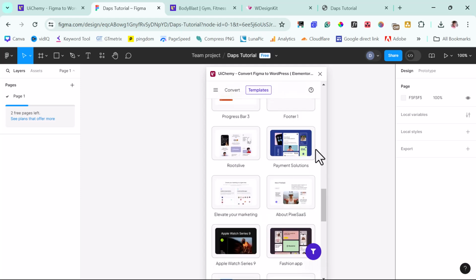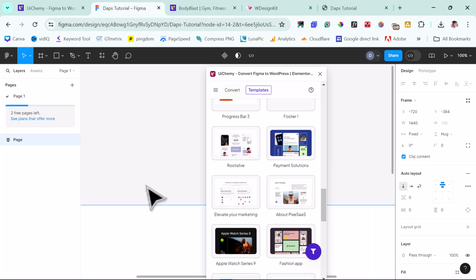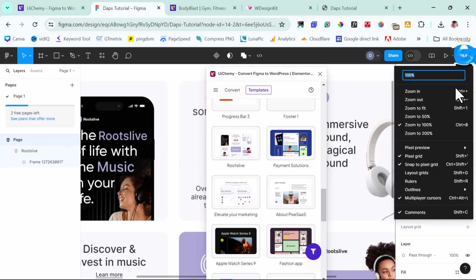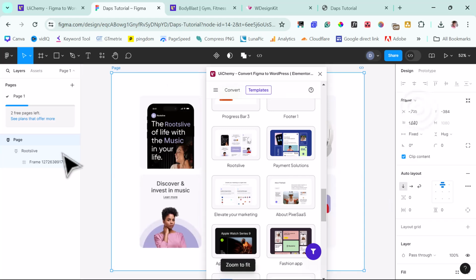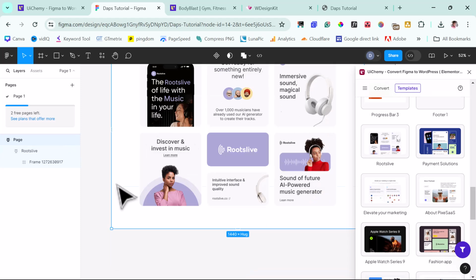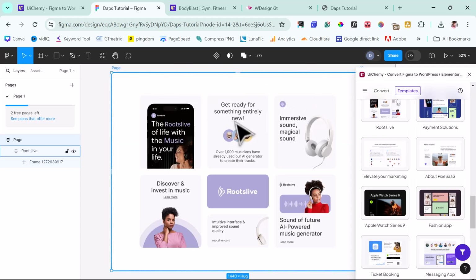Okay, so let's select this frame. You see I should have that here. You can see that frame is here. Let's zoom to fit. See here, I can drag this away so that we can see the design. This is beautiful, right? But for the purpose of this tutorial, like I would always do, I want us to